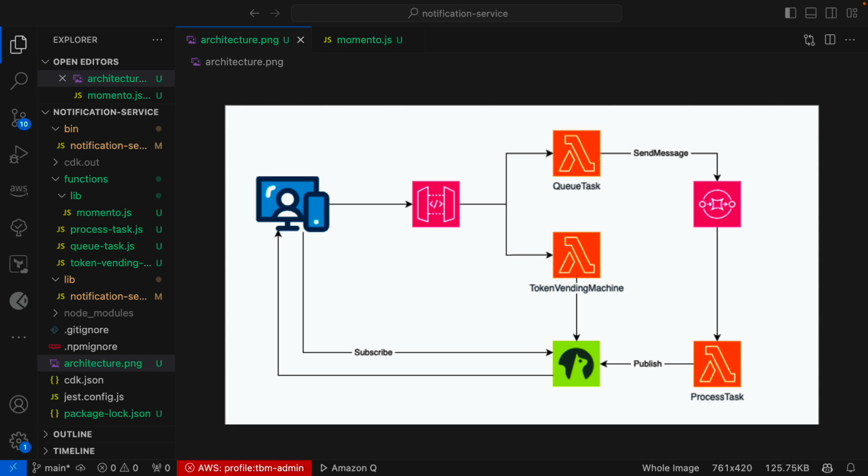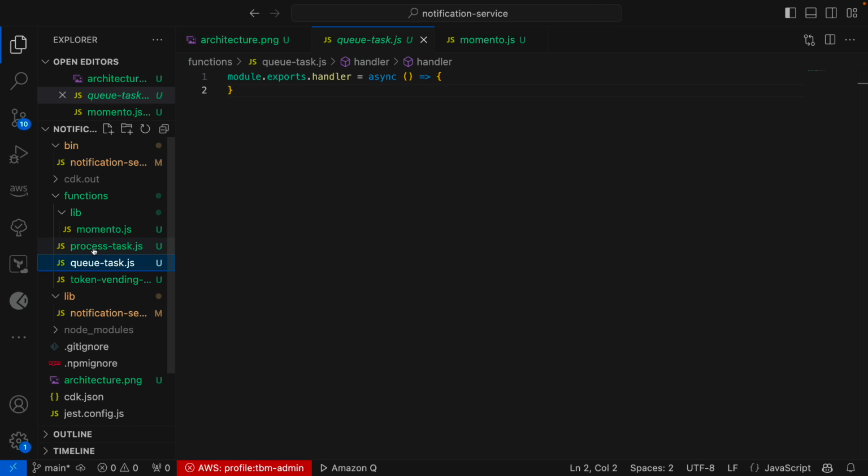Okay, for the next part of our application, we are going to implement the Lambda function that's going to take a user request and put it in a queue, and then for another function to pick it up from the queue and process it. And when it's done, send an update to the user's topic in Momento, so the user can receive the update via push notification using the WebSocket connection they have to the Momento topic. So for that, we need to implement the queueTask function,